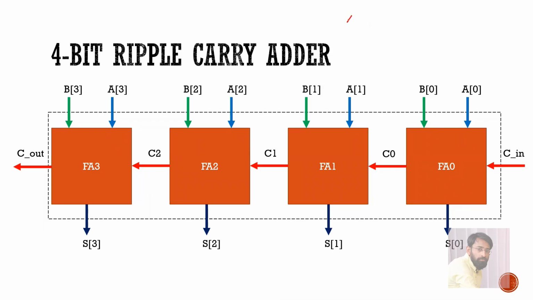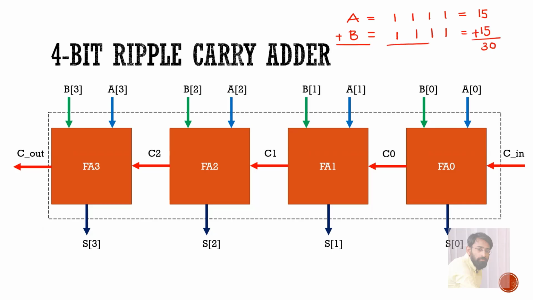So if I want to add A and B like this, here A will have input which is of size 4-bit. Let us take some random example. So this is 1 1 1 1. This is the particular input that I am taking for A, and coming to B also I am taking the same value, which is 1111. The decimal equivalent for this is 15, and for this is also 15. So if I try to add them, 15 plus 15 will give us 30.